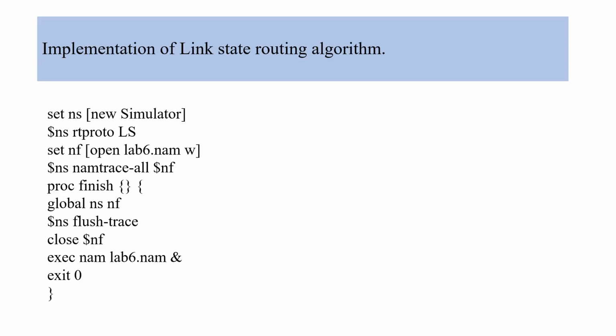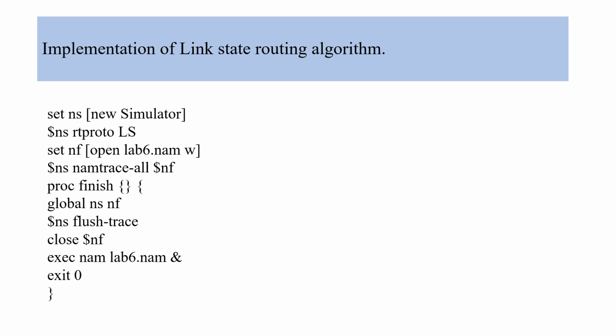Okay. So coming inside the program, as usual, you will set a new class simulator and you have a NAM file and a trace file as we have already seen in all other programs. And here you are creating a protocol called as LS, which is nothing but the protocol is link state routing algorithm or routing protocol. Okay, so you're creating a routing protocol called as link state. And this will be used at the end to finish the program where all the data that has been entered to create a state routing algorithm will be flushed into the global class